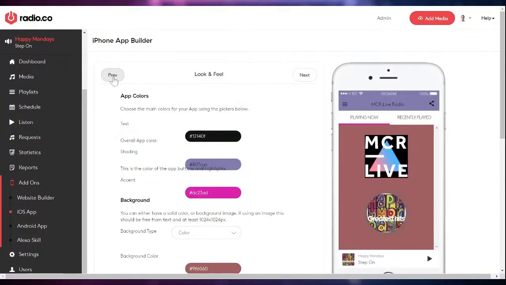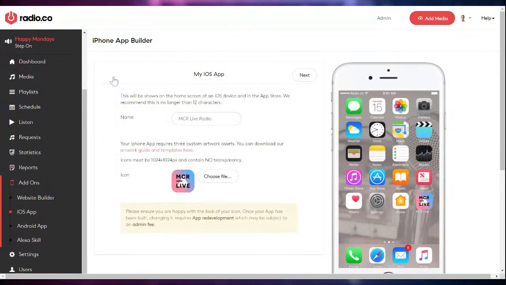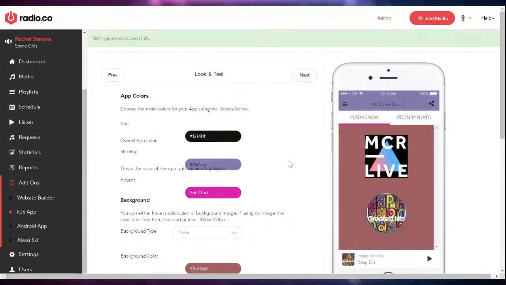The most important thing to note about these mobile apps, and anything like a web player or an Alexa skill, is that anything that is listener facing is 100% branded for you. People won't be looking for a Radio.co app, they'll be looking for the name of your radio station or your app. So you can see here, you'll name the app. You'll also choose what logo to display on the store and on the home screens. And inside here, this is a very basic version just to give you an idea, but you can change the